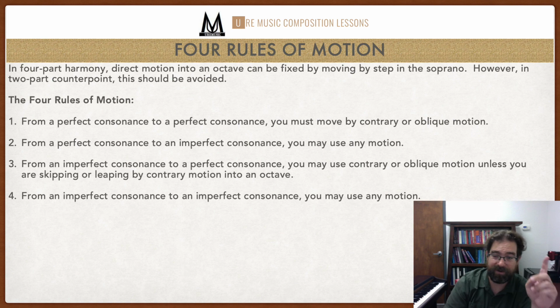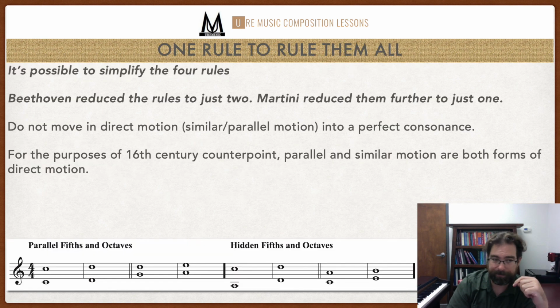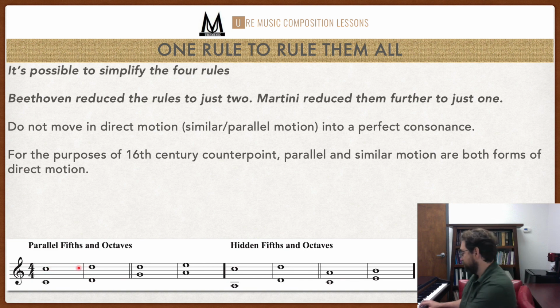It's complicated, but luckily there is a rule that simplifies all of this. So you can simplify the 4 rules. Essentially, there's one rule that you really have to follow. Beethoven was kind enough to reduce the rules to just 2, and Martini, a theorist, reduced them further to just 1 rule. And that rule is, do not move in direct motion, which is similar or parallel motion, into a perfect consonance. So here, this is what happens. If you move from an octave into an octave,